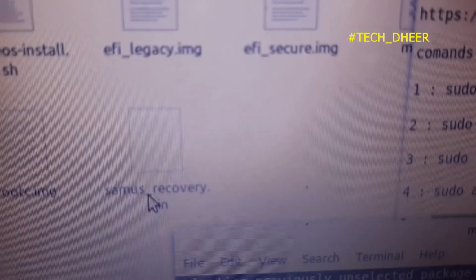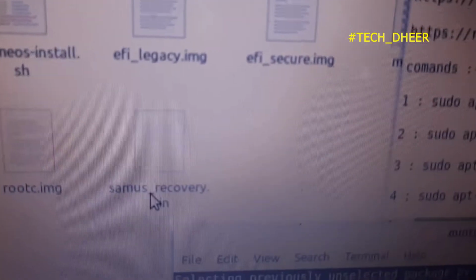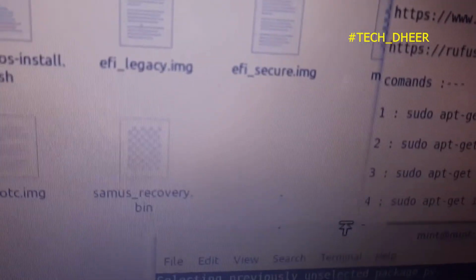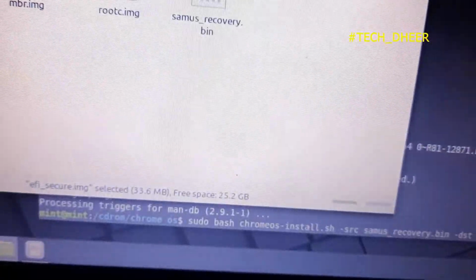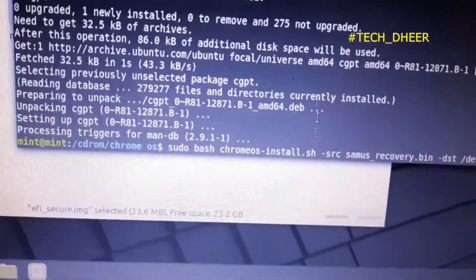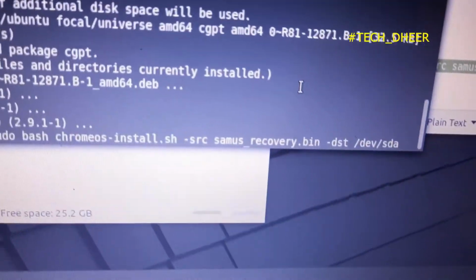That is our bin file. Let me just focus it. It's not getting focus. Okay. This is the samus_recovery.bin file. You have to just copy and paste the name, which is over here. Okay, so samus_recovery.bin should be the bin file.